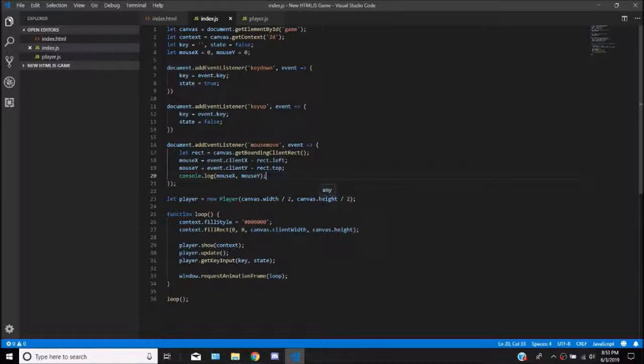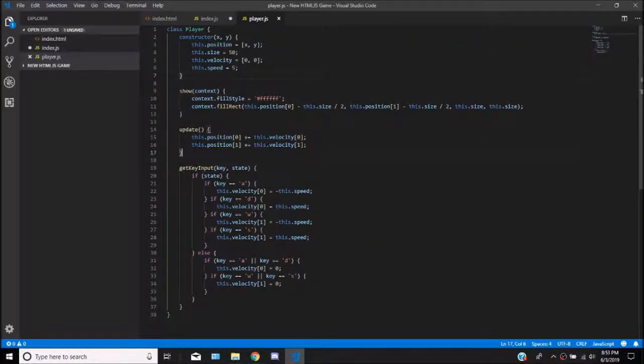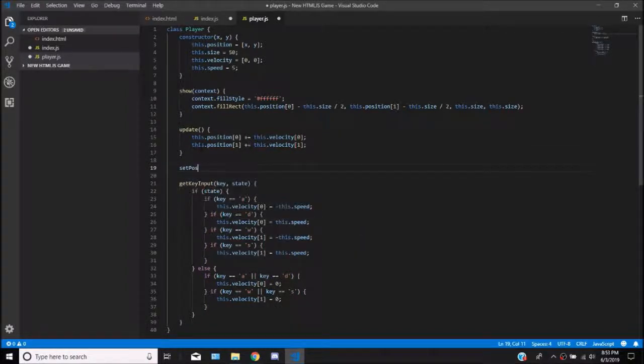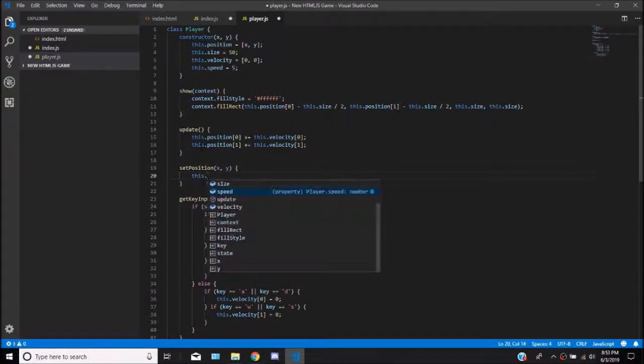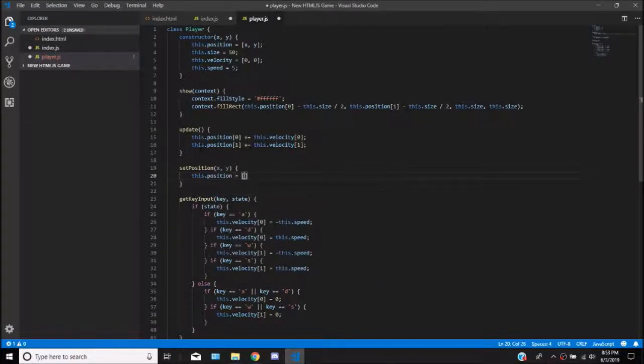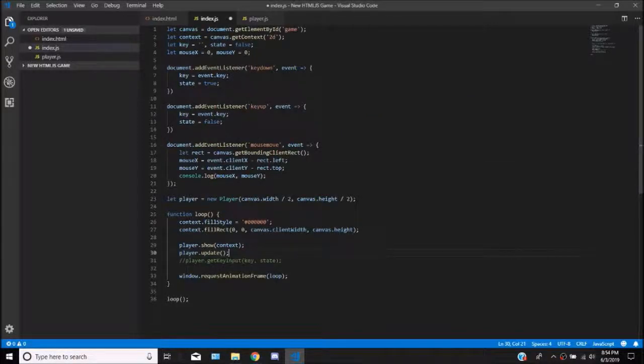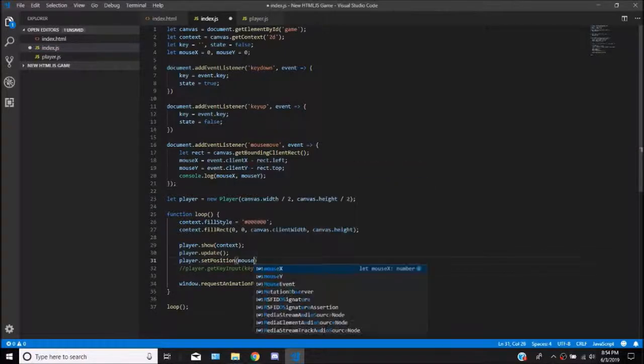What we can actually do with that is say the player should move to that X and Y. We don't need the key input for right now. We're going to add a new one called setPosition. This is obviously going to get an X and Y for our new position. We're just going to say this.position is equal to a new array with the new X and Y in it. So if we go back into here, we could say player.setPosition to, let's say, mouseX,